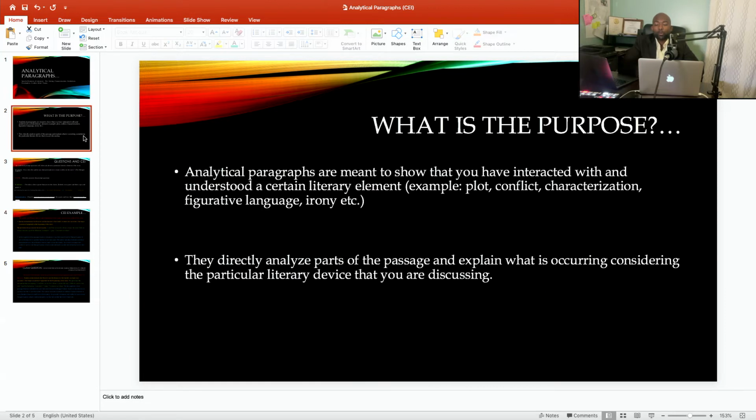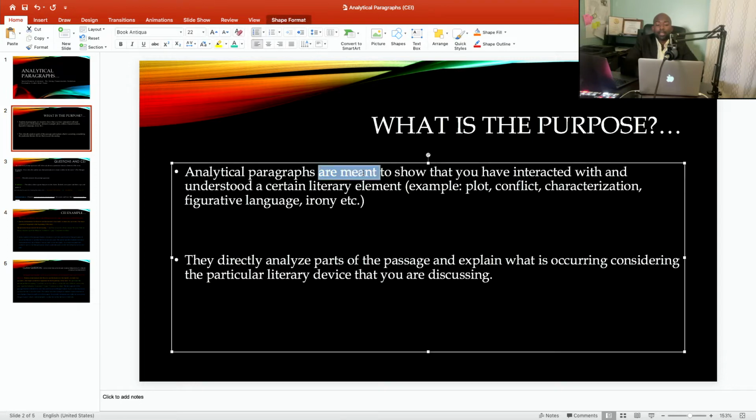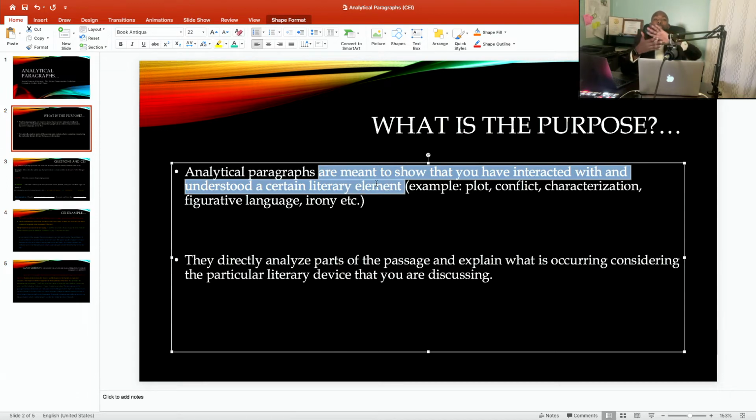Okay, so we say, what is the purpose of an analytical paragraph? Well, it's meant to do exactly that, to show that you've interacted with and have understood a certain literary element and its function within a broad literary work like a poem or short story. Okay, so when I say literary work, that's what I mean. I mean a poem or a short story or a novel or something that involved reading. Okay, so English teachers, one thing that's really, really important, I think, when writing literary analysis responses to anything, even if it's just short answer questions,